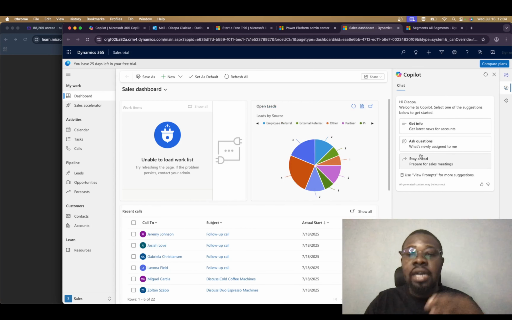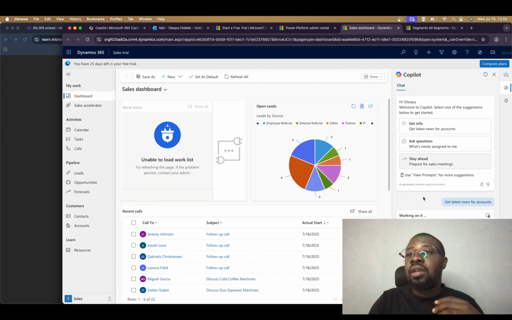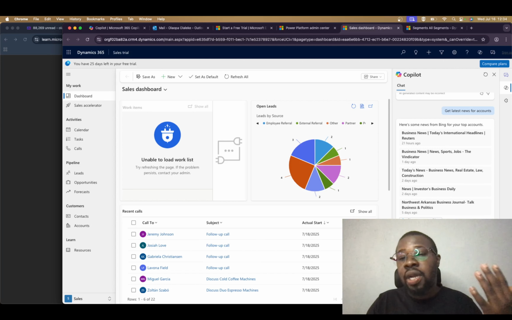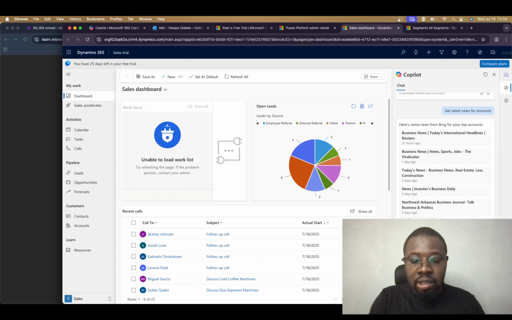Now, let me just ask Copilot this. Get me the info of the latest news for my account. So my account is the customer part of things. Let me just ask it. Working on it. These are just default prompts that Microsoft has already added to Copilot. Of course, Copilot understands natural language. So even if I say, okay, here are some news on my top accounts, now get me the most